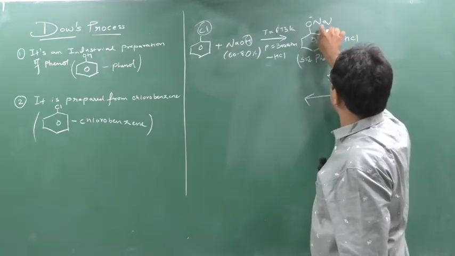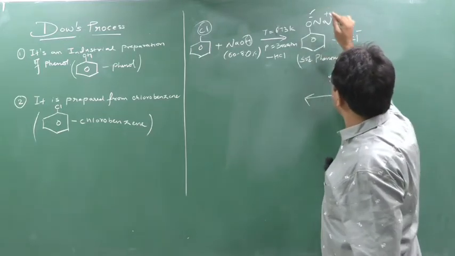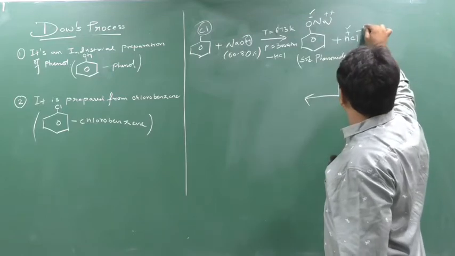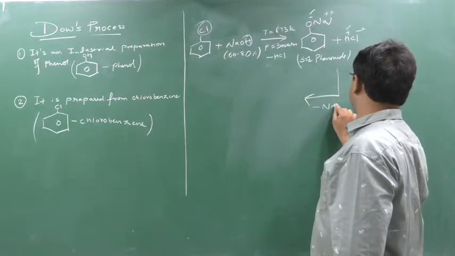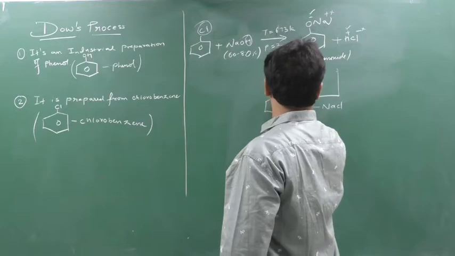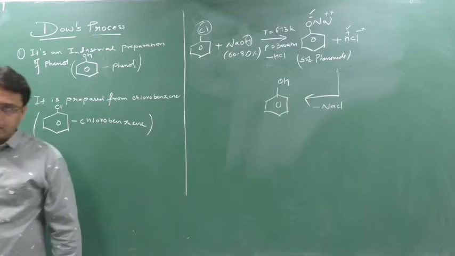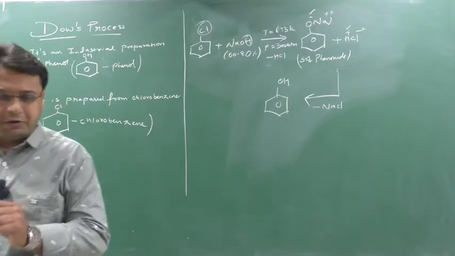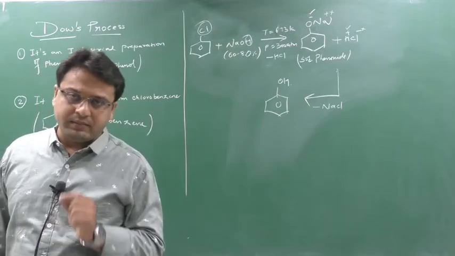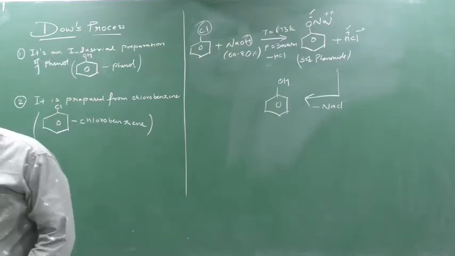Now the HCl which is generated here is again made to react, and what will happen: because O is a more electronegative element, it creates a negative charge here and a positive charge here. So this minus will go with this plus, and this Na plus will go with this Cl minus. NaCl will be released and you will get OH. So in this way you prepare the phenol, and this is nothing but your Dow process. Understood? Take a screenshot, then we will go with the mechanism. The mechanism is a bit weird, tough and complicated, so to understand it I will do the mechanism two times so that it will not be difficult for you. Clear? Take a screenshot.